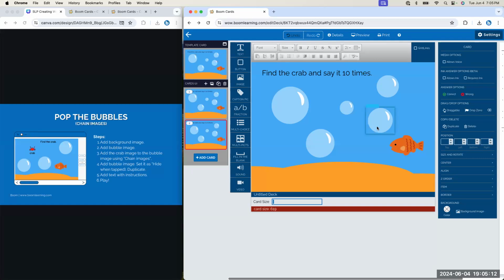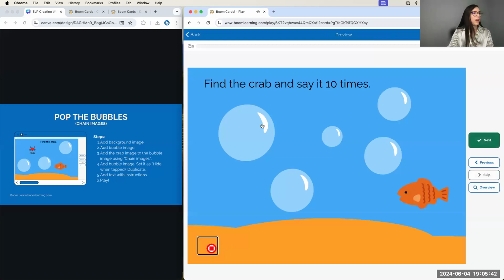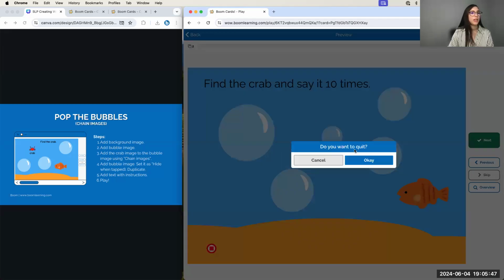She asked, is there a way to hear the bubble sound when it's popped? That's a good question. Is there a way you could create a popping sound, and then when they click on it, the sound file is in the background, or it's attached to the background of that bubble image, and it plays when you click it? I think maybe we can look for a workaround, but since it's hiding it, well,